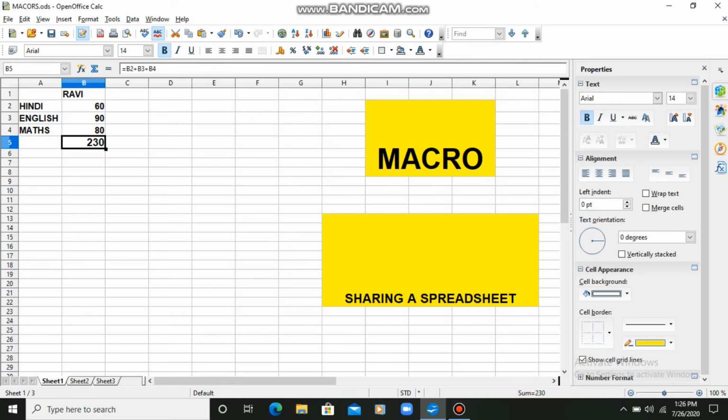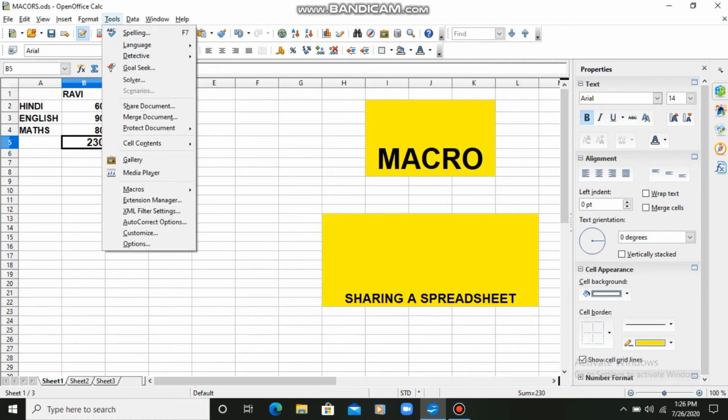Got it, students? Now I'll tell you how you can share a spreadsheet. To share a spreadsheet, what we can do, we can go to the tools tab and we can share our document. So sharing is sometimes important, students, if we want that 5 to 6 candidates are working on a single spreadsheet, and someone is working on sheet 1, sheet 2, sheet 3, and at last they can do updation, and all the updations can be seen by a reviewer. Okay, so for that purpose we can share our spreadsheet, so that multiple persons can work at a time on a single spreadsheet.